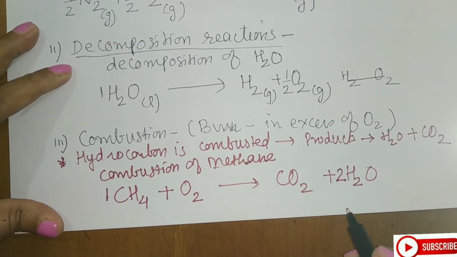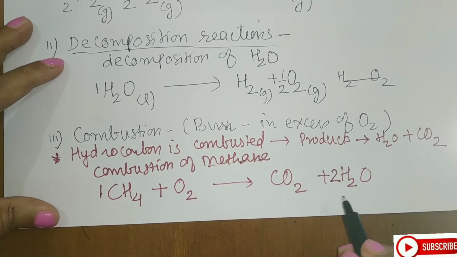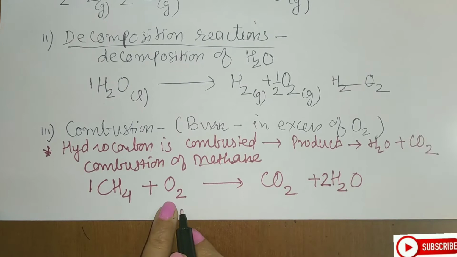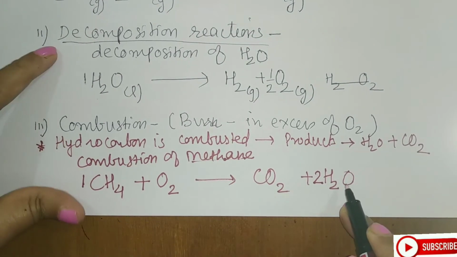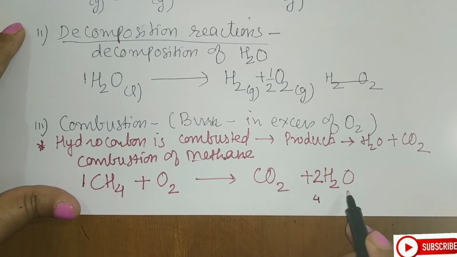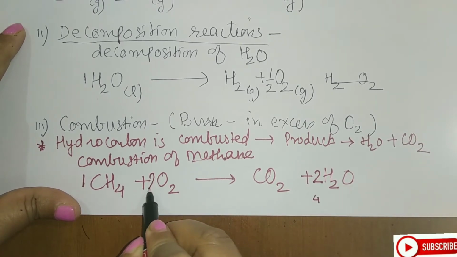Now hydrogen is balanced. Now student, for balancing oxygen, I will not see on this side. For that, I will move on to this side. If I see oxygen, it is 2 here and 2 here, which means there are 4 oxygen on the product side. So I will put here now 2.